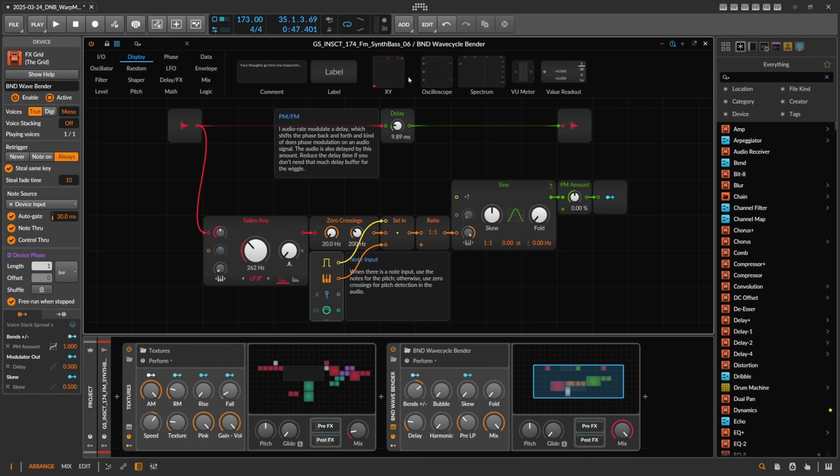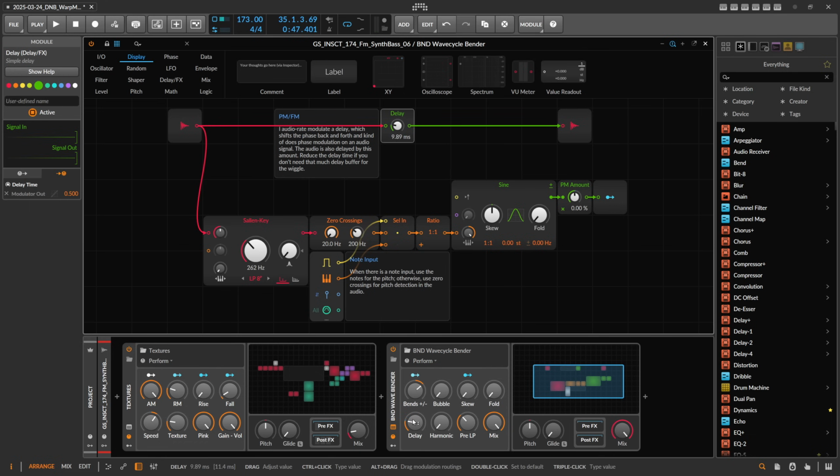Delay time is basically this one here. So if you have this at 0, the output audio is not delayed at all, but I need some kind of delay buffer here, so you need to dial in something. If you push this up here, the band,